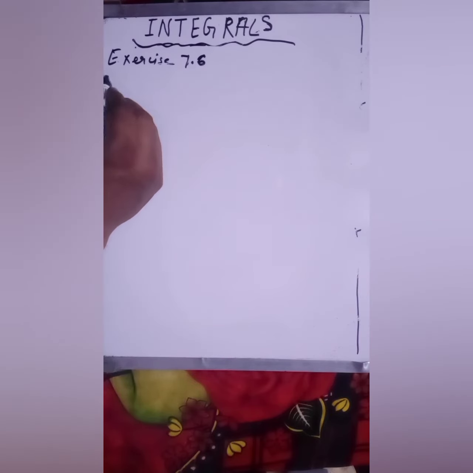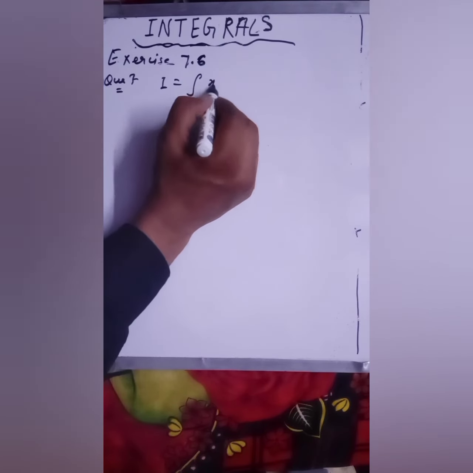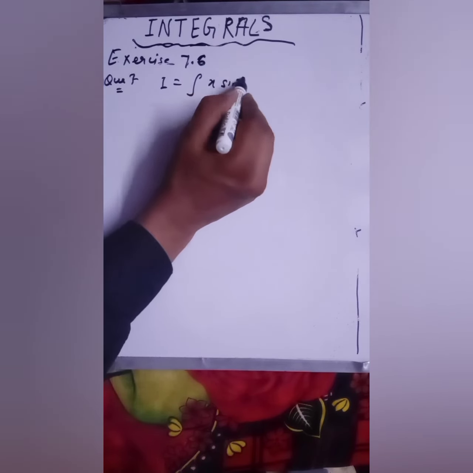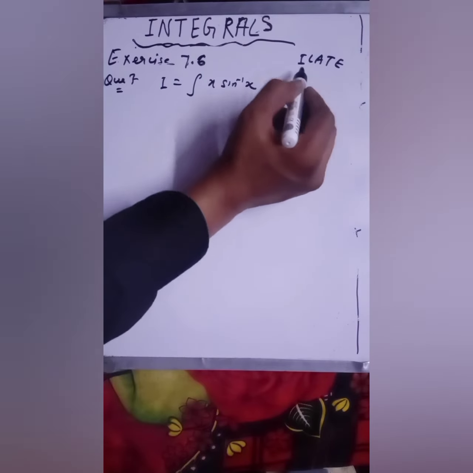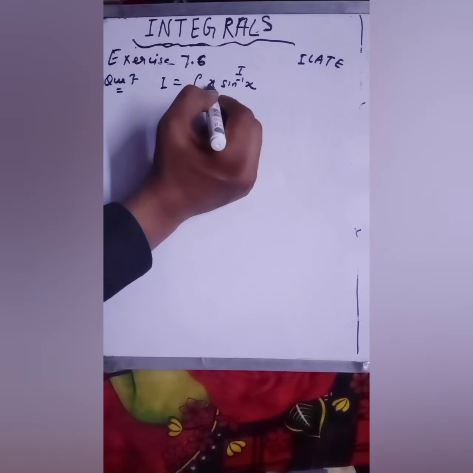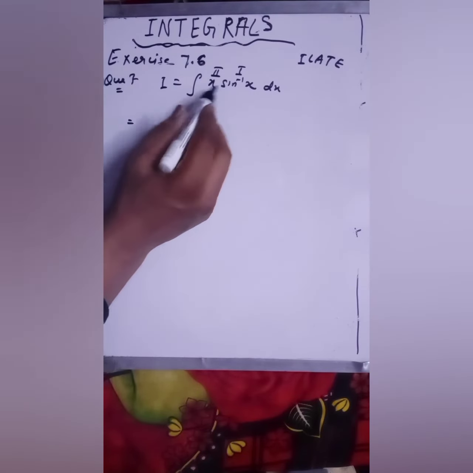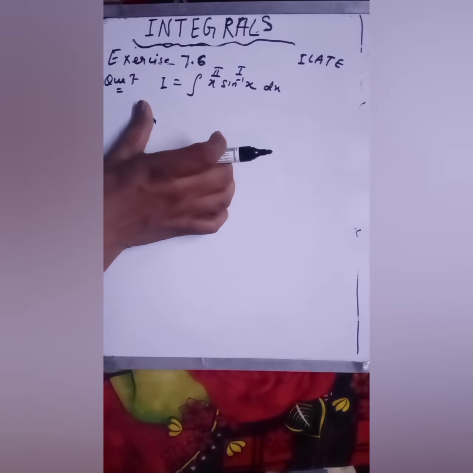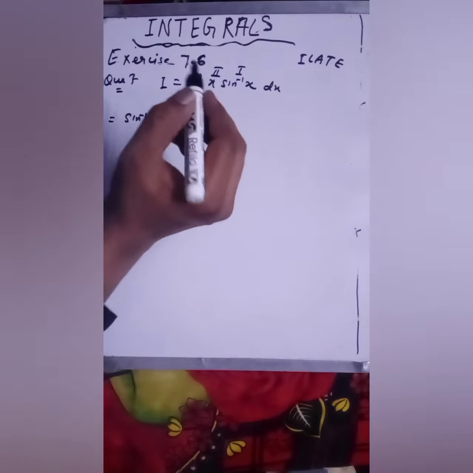Okay. So your question number 7, that is I is equal to integration of x sine inverse x. Okay. So according to ILATE, this inverse is your first function. Okay, and this is algebraic, this is your second function. So again apply the direct formula. Your first function will remain the same. Here I am showing each step. Okay, your first function will remain the same, this one, into the integration of your second function, that would be x